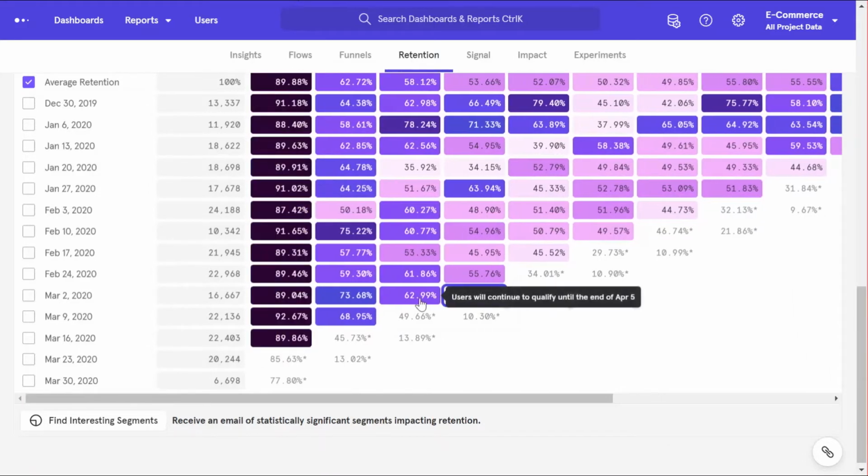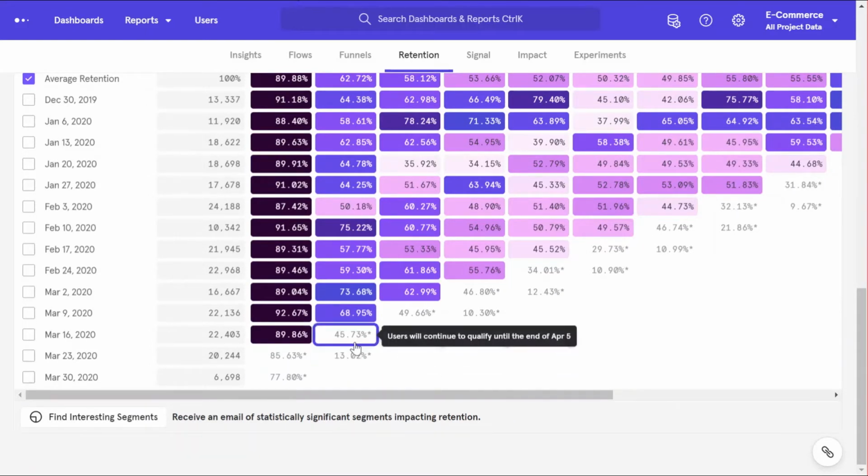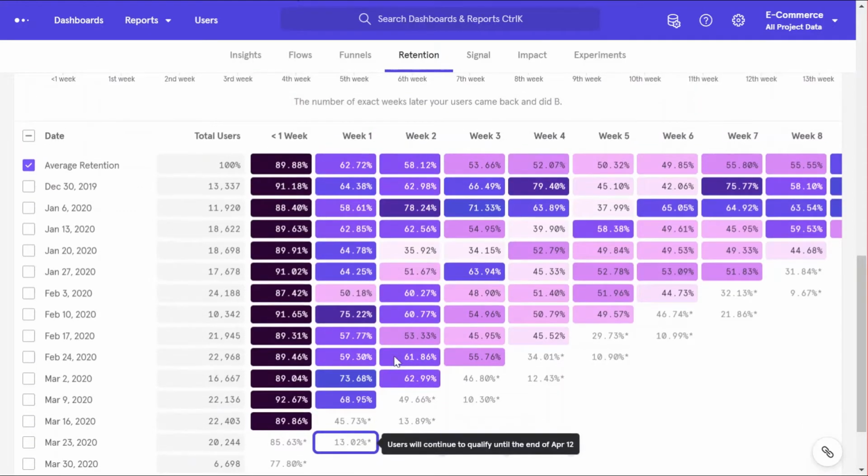One more thing to remember when you are reading a report like this is you see these white boxes with the star next to the numbers there. These are basically the periods for which data is not complete. Since this data is until March 31st, for people who joined in the week of March 16th to March 22nd, week 1 is not complete for all of them, specifically people, for example, who joined on March 22nd or a couple of days earlier, right? This will complete on April 5th. So until then, this number is not final, it will change, right? So this is not a mature number. Remember that while reading this.